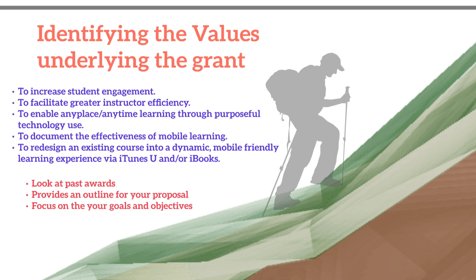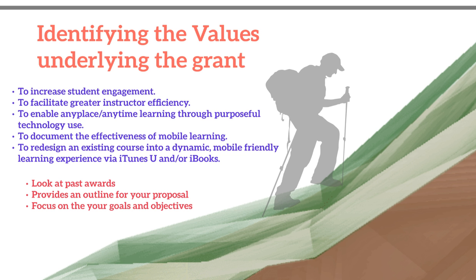So you need to be able to identify the values underlying the grant. For example, to increase student engagement, to facilitate greater instructor efficiency, to enable anytime, anyplace learning, to document the effectiveness of mobile learning, to redesign an existing course into a dynamic, mobile-friendly learning experience via iTunes and/or iBooks. So these are concepts that came from the grant, and what you need to do is specifically include how you're going to accomplish all of these ideas,